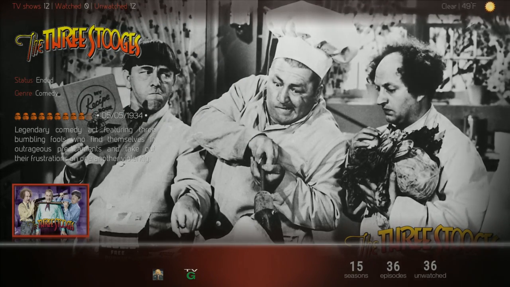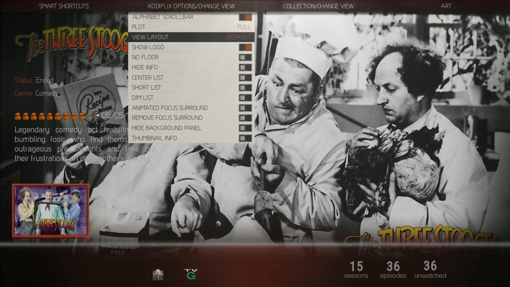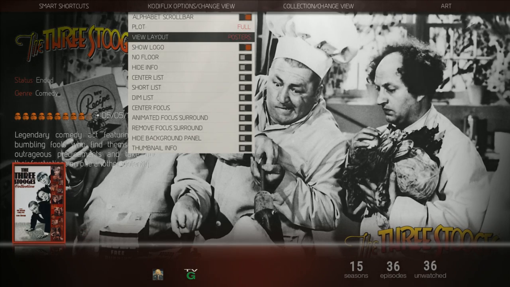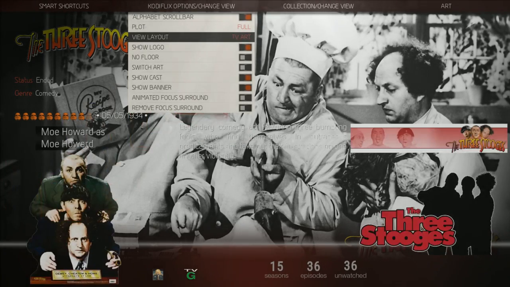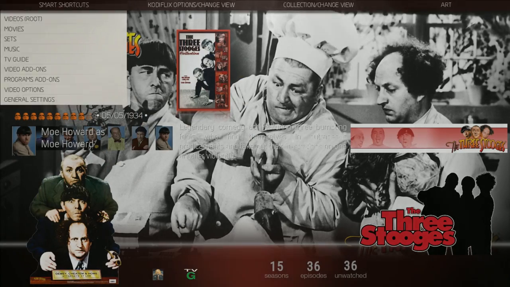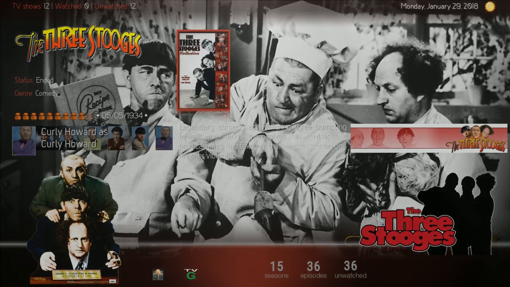You have multiple views for KodiFlixTV, just like KodiFlix. This is the default view. You can also go to posters, box sets, which is very similar to sets from the KodiFlix movie view, and then TV art, which moves your poster view, slides it up and to the right a little bit, and then it displays all of your TV show